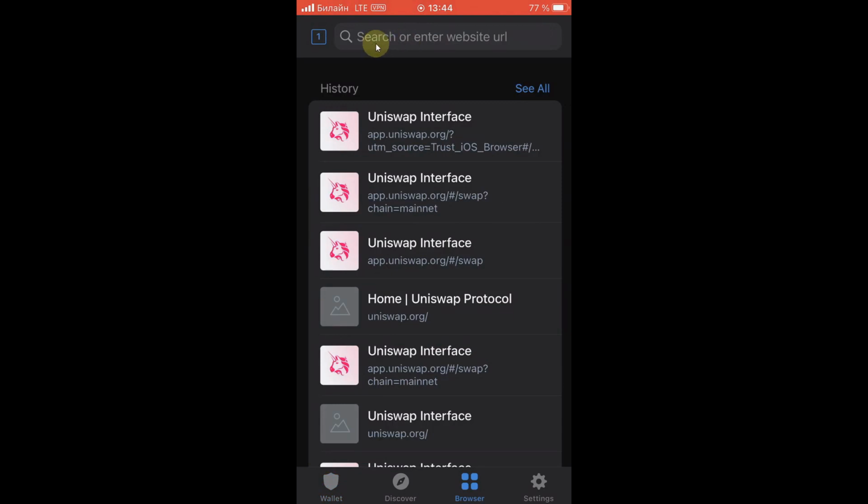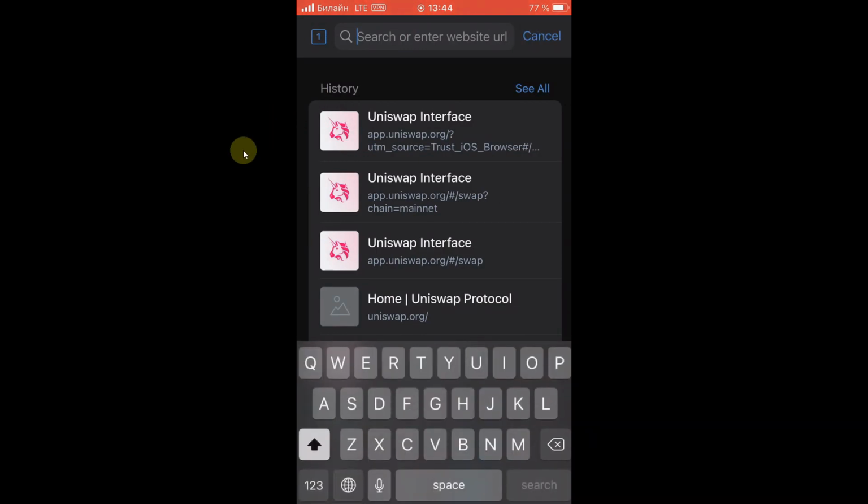You have to type uniswap.org. Never type uniswap.com because you can lose money there. It's a scam site. So be careful. Make sure you type exactly uniswap.org and that will immediately send you to the main page of